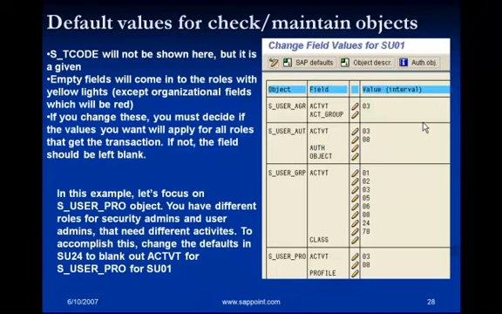Now, when you put SU01 into the role for both these people, all these objects will automatically come into the role. But the help desk guys may not need this object at all, while the actual user administrators will need it. So depending on what the task is, the authorization values for the objects will differ.